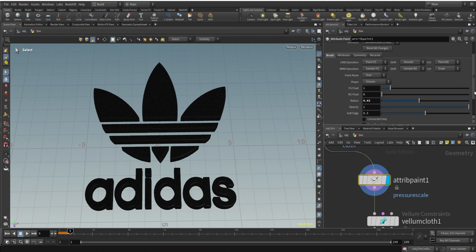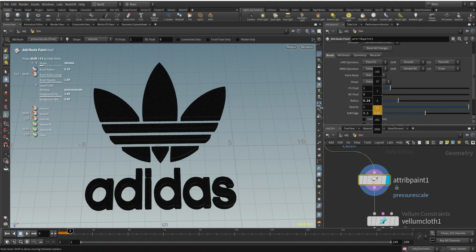Let's just decrease the foreground. I actually wanted the foreground to be at 0.01, but let's just play with this. So the radius is going to be 0.18, which is quite low. Okay, something like this. This is thinner compared to the last one. And if I paint it like this, something like this,